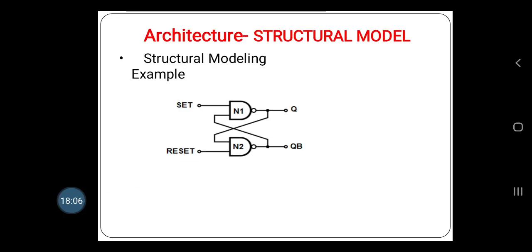So one more structural model architecture we are going to see here. Here it is an RS flip-flop as shown in this logic diagram, where set is the input, reset is the input, and Q and Q bar are the outputs, as well as Q and Q bar being inputs to the NAND gates.